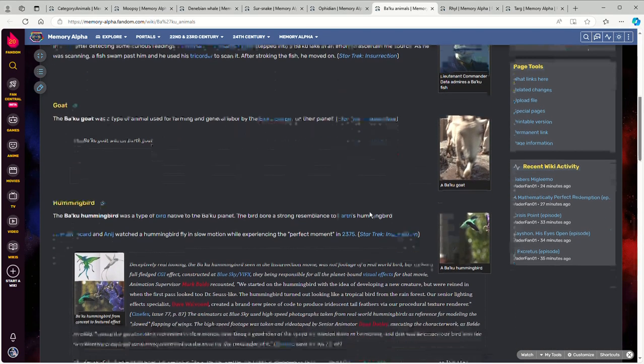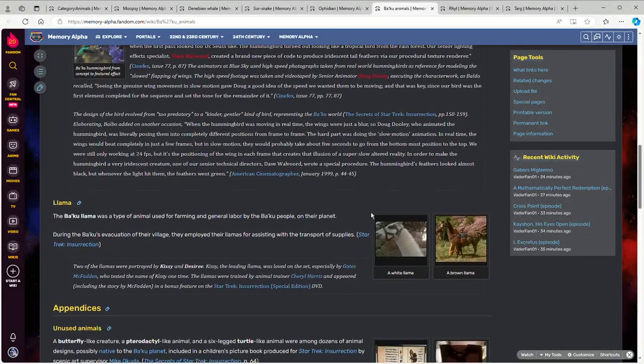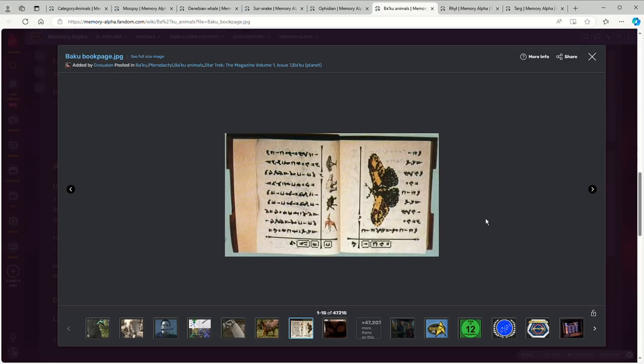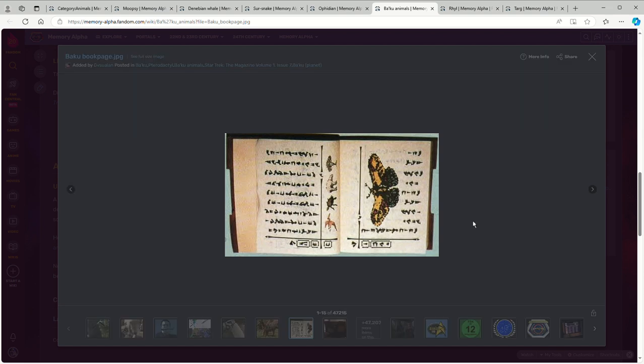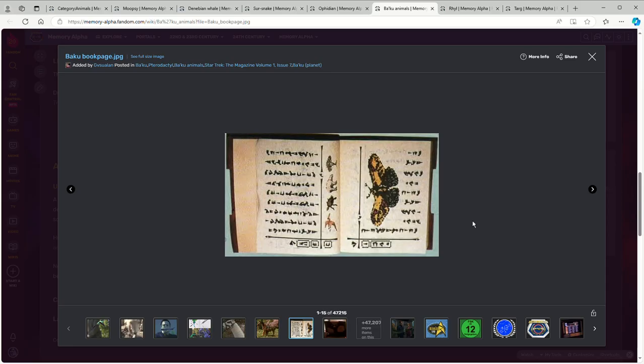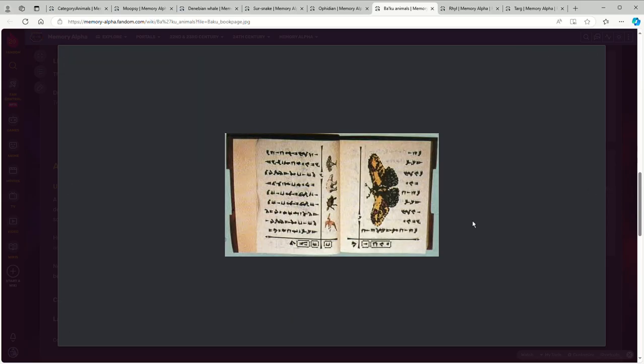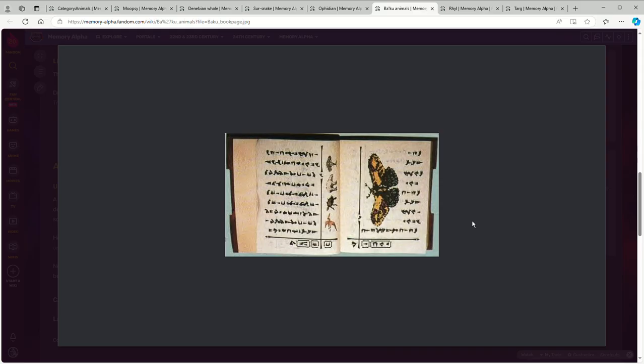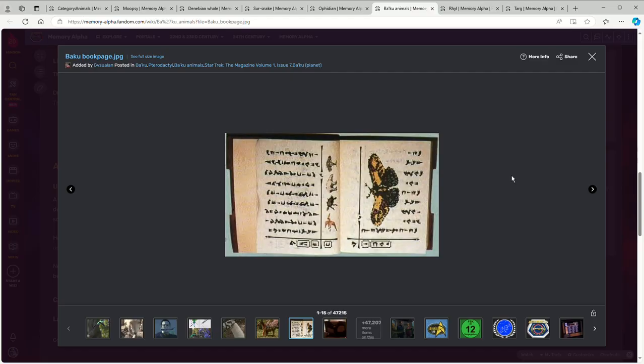And it's like, is it something that the kid who keeps it as a pet just happened to find in the environment? And this book, was this book written before the Baku moved to their current home, or was it written afterwards? We don't know. Also, don't bother looking that up behind the scenes. They didn't write that into the script. But it's one of those things that's amusing to think about because there's no real